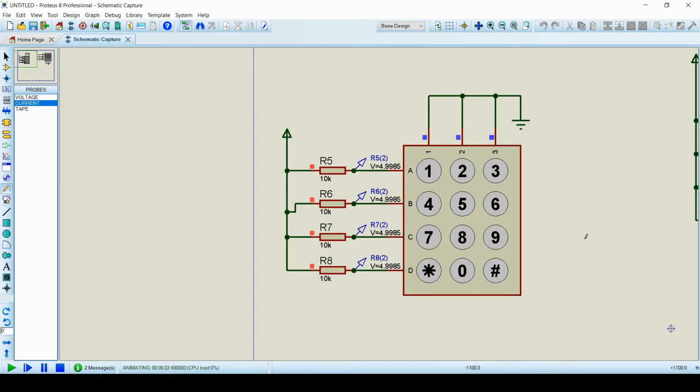Here is another keypad that is used in old phones for number dialing. You can also observe here that when you press a key, the voltage drops down to 0 volt.